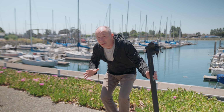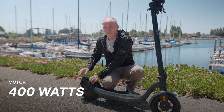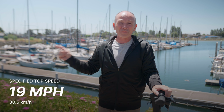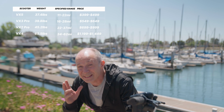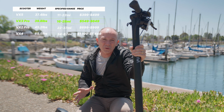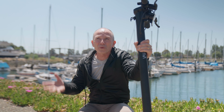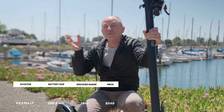The VX3 is a single motor scooter that has 400 watts nominal power from the rear motor and 840 watts peak. Its specified top speed is 19 miles per hour, but as you'll see when we get into the performance section, when we tested it, it went way faster than that. The VX3 is VMAX's second lightest and second least expensive scooter, and like most VMAX scooters, comes in 3 choices of battery sizes. It sells for $549 to $649, depending on which battery size you get, with ranges of 16,